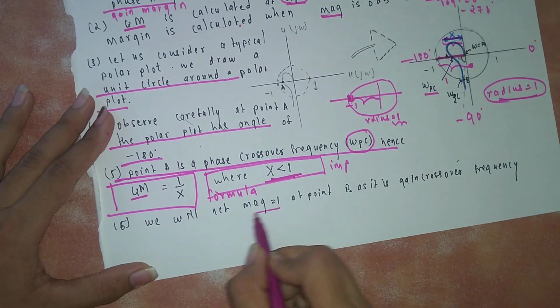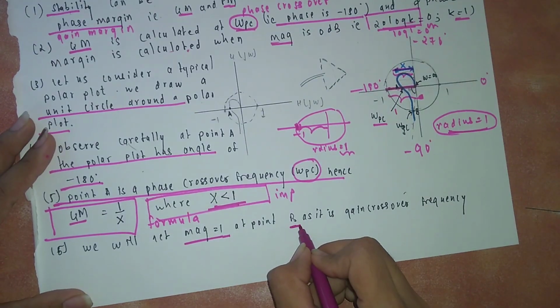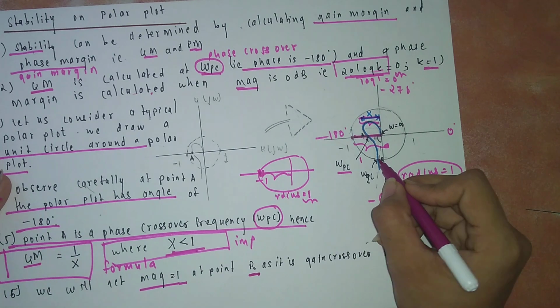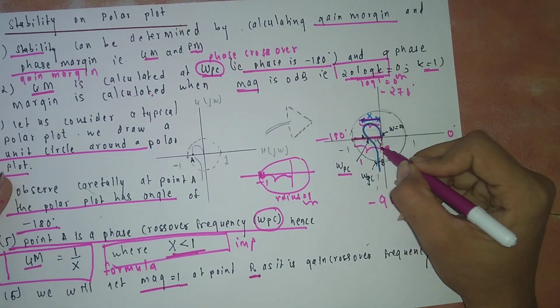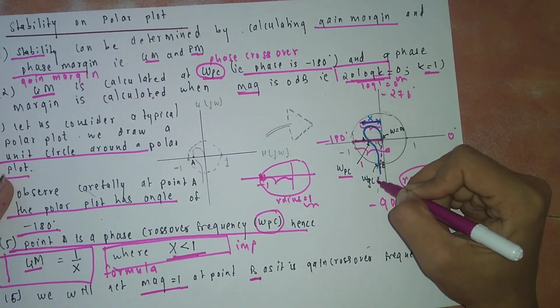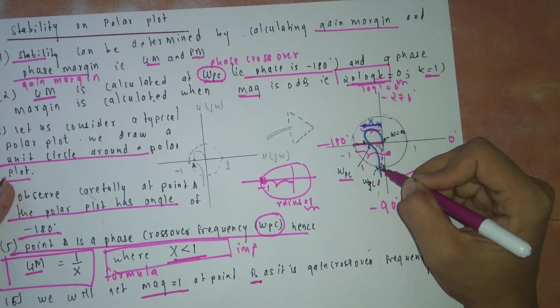We will get magnitude 1 at point B. This point is B. Just draw from here, just draw the dotted line to the polar plot. I repeat, the